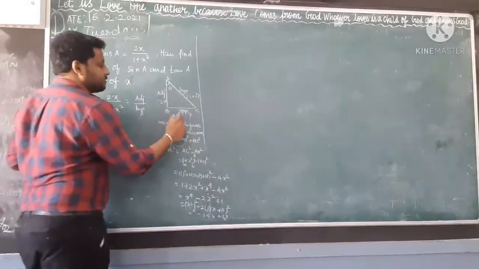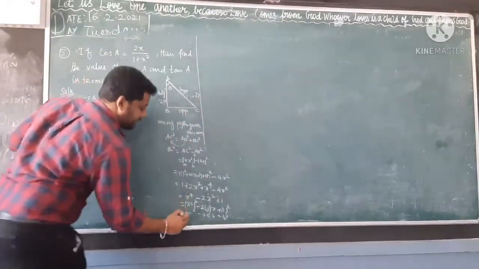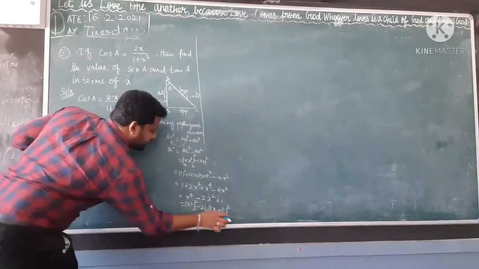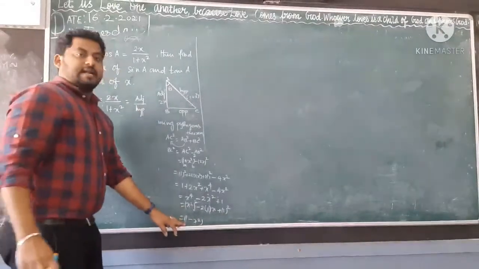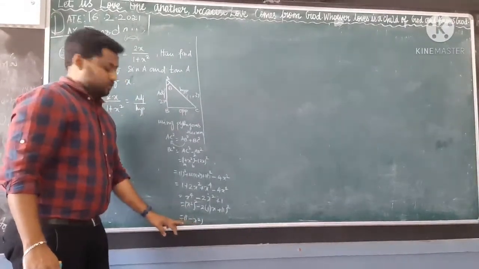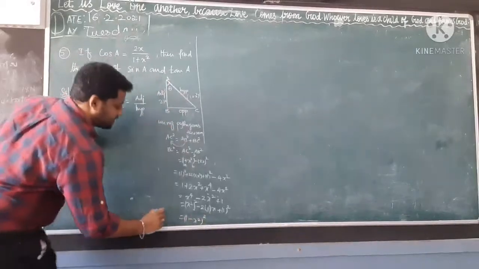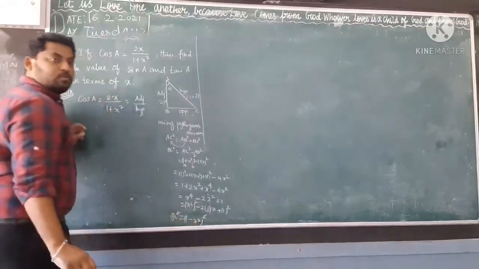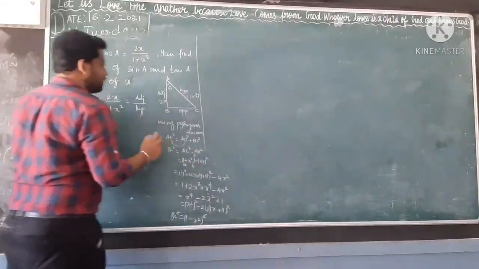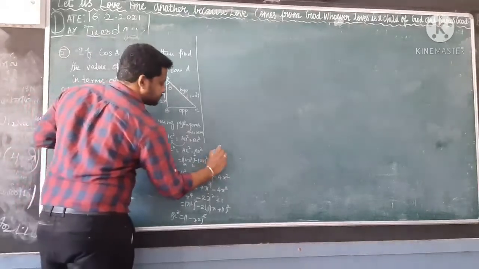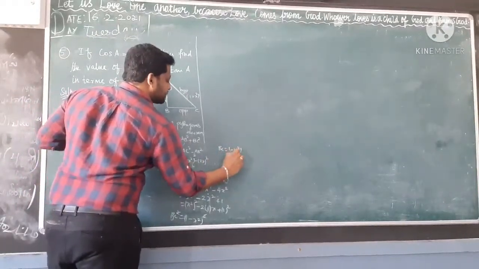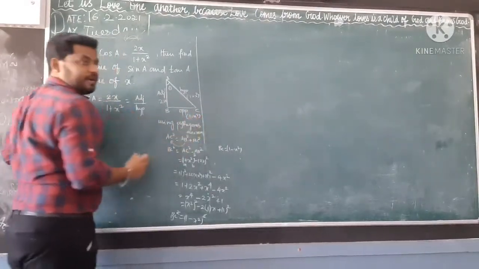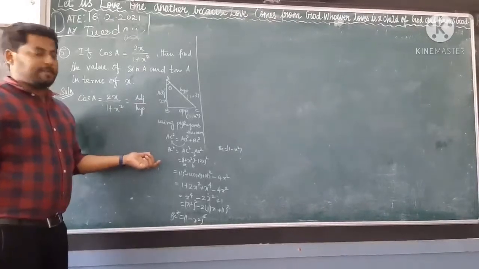Okay, we can write the opposite side value is equal to 1 minus x square. That is A minus B the whole square, where A is 1, B is x square. This is the formula, and this is the value of BC square. Square cancels now. BC is equal to 1 minus x square. So BC is the opposite side value. The value is 1 minus x square.